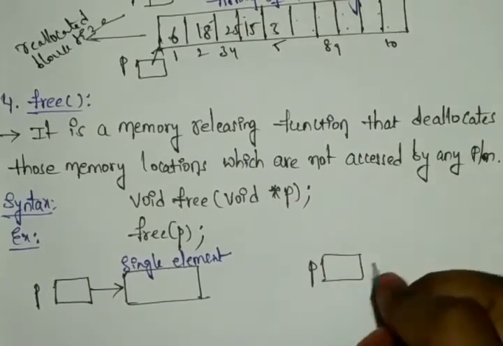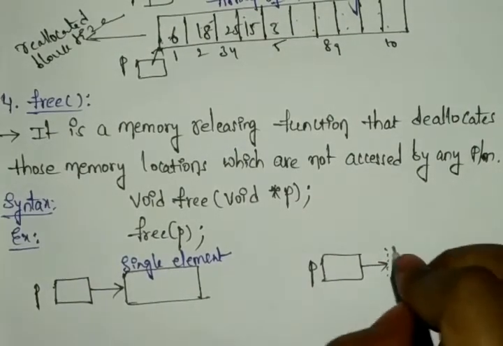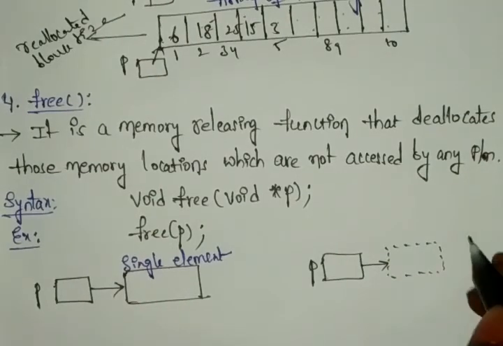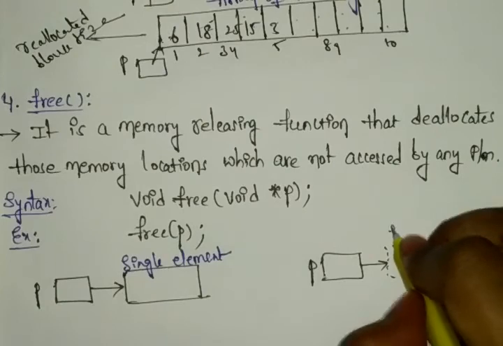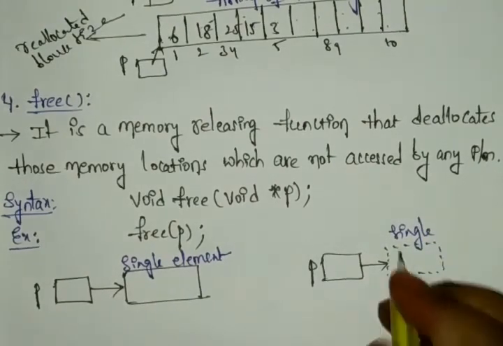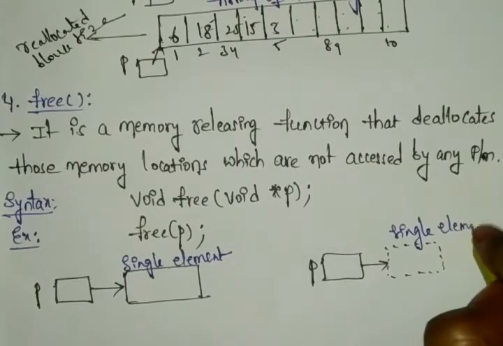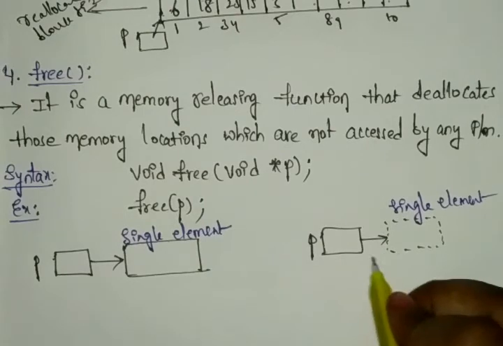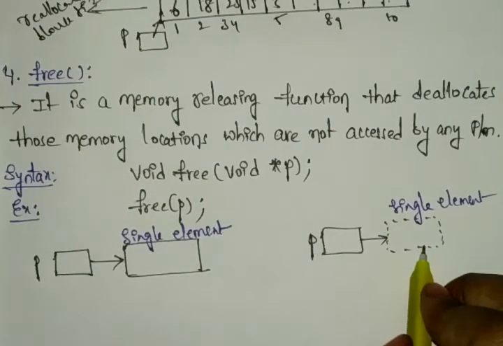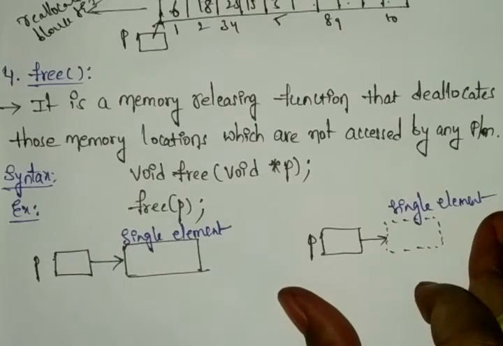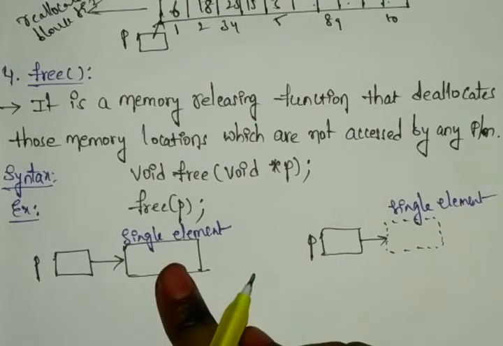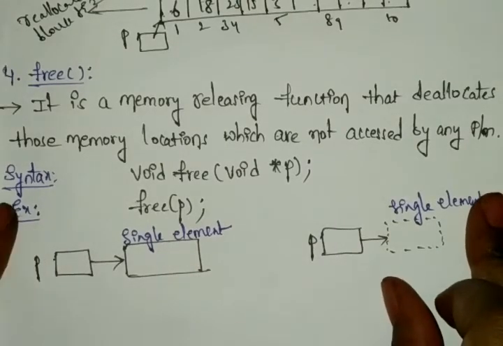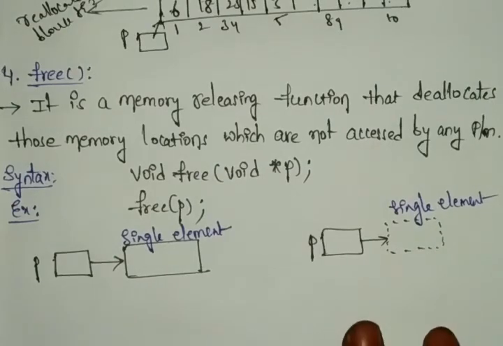P block like this, will have the memory released like this. Means which are not accessed by our program. If we have it like this only, it can be accessed by our program. If not, here it is not accessed by our program. Means here this is the deallocation process. This is the allocation, whatever process you have to allocate in our array. So this is like your deallocation. The deallocation process will be like this. So it will not be accessed by any program.